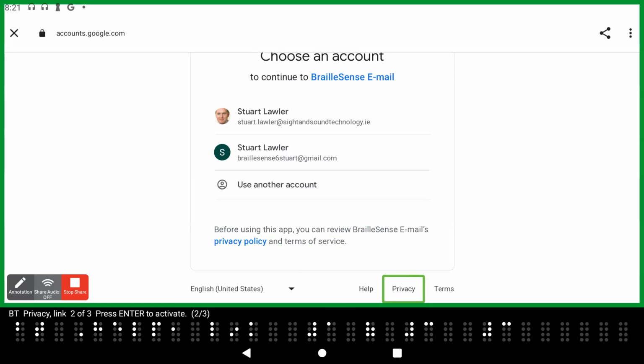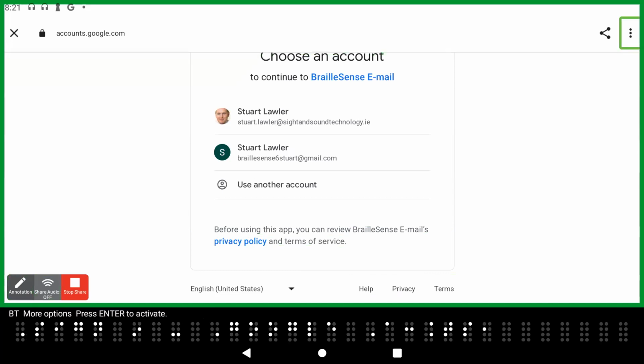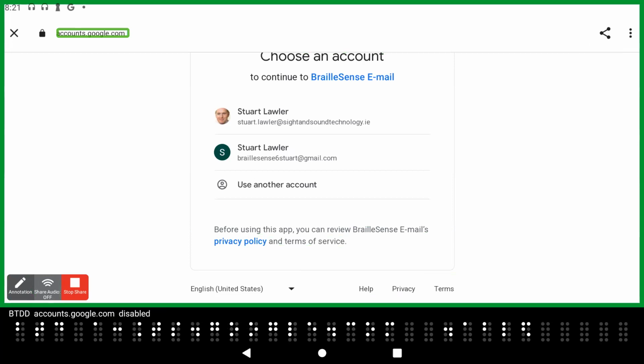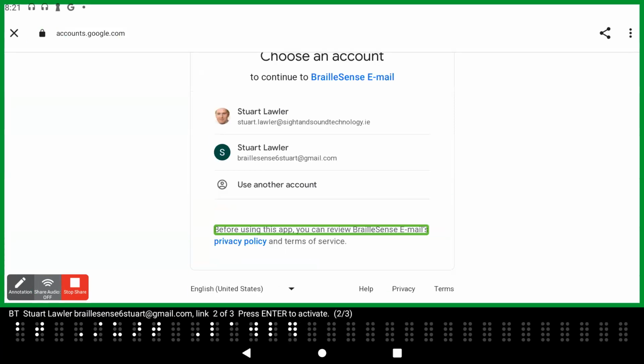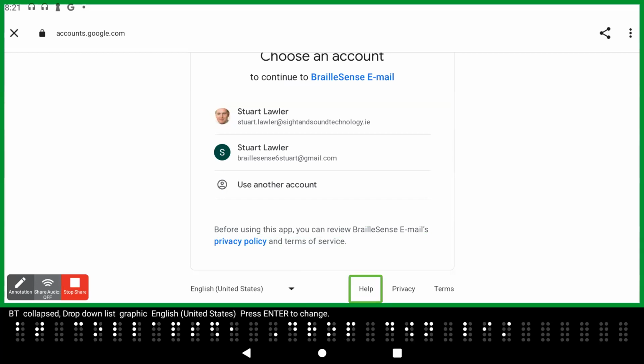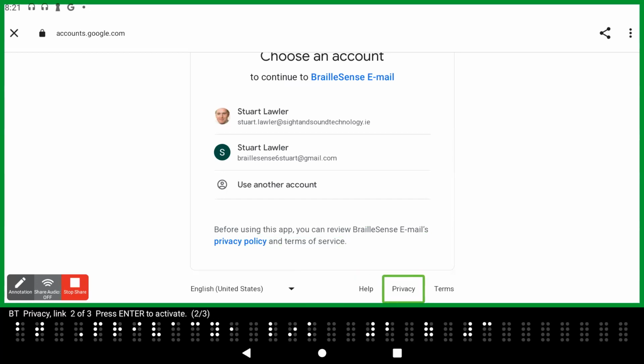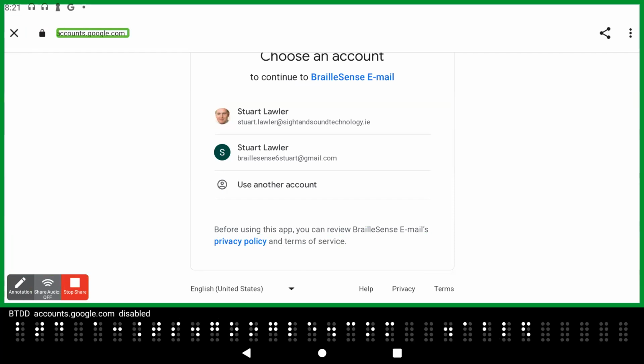Drop-down list, button help, button privacy, button terms, button annotation, button share audio on, button share press enter to act, button disabled accounts google.com disabled, button connection is secure press button close to button BrailleSense button privacy in terms of drop down button help link button privacy link button terms button annotation button share audio on button share buttons button disabled accounts google.com